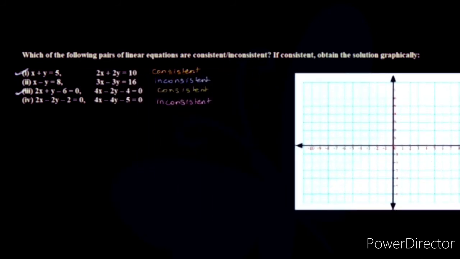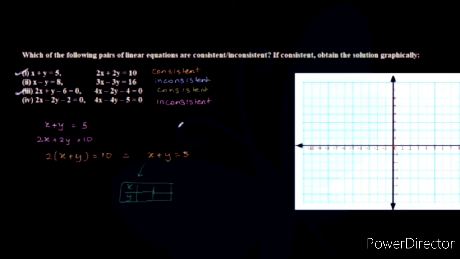Alright, for the first pair, let me write down the pair x plus y equals 5, 2x plus 2y equals 10. In fact, the first one is quite simple, since both the equations are what, guys? Dependent. They are not independent, right? You can in fact write the second equation same as the first one, right? See, we have the same one. So it means that we will just get one line. So if you just prepare a table of x and y to get just 2 points out of this, so that we can graph it.